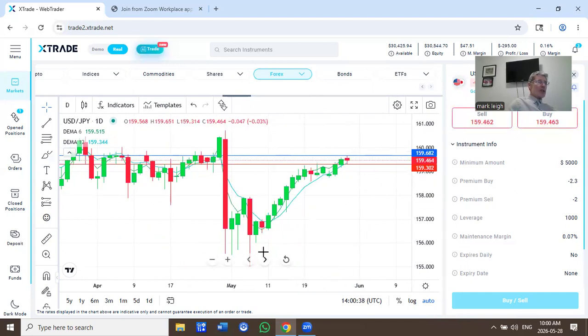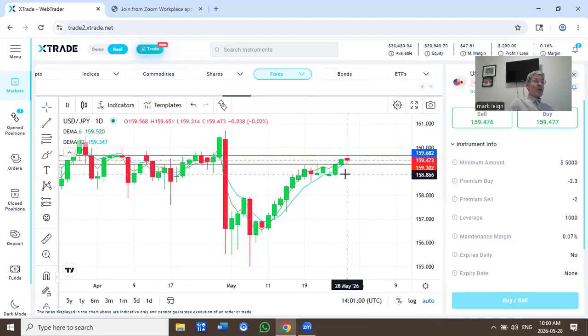US dollar against the yen. And there you see the strong uptrend that the US has been in against the yen. And then the turnaround, like we saw on the other majors earlier this morning after the US data, and now the US dollar is fighting its way back again. I've got support at 159.30. I've got resistance at